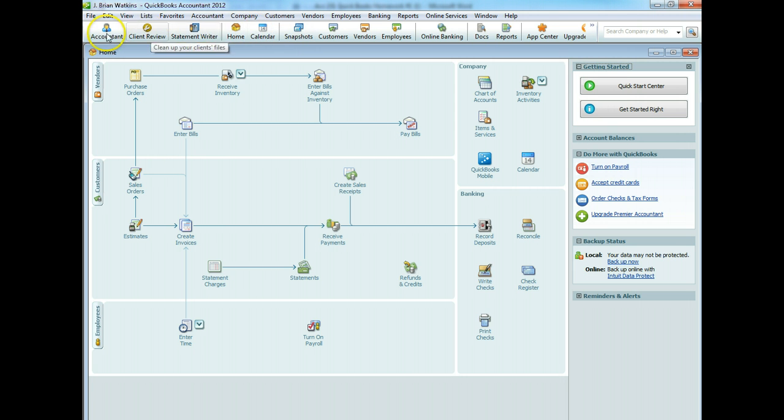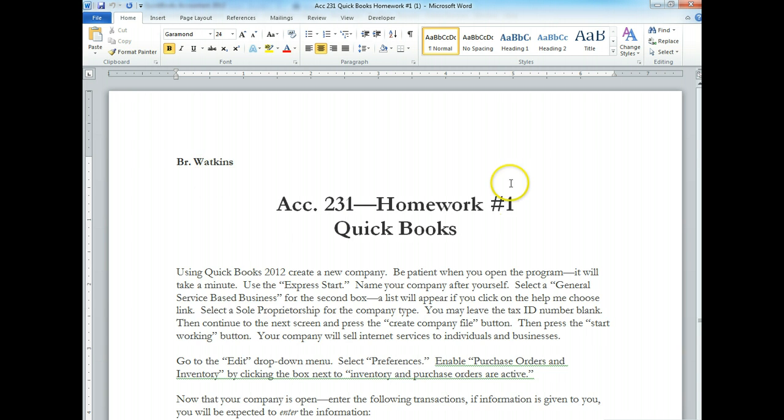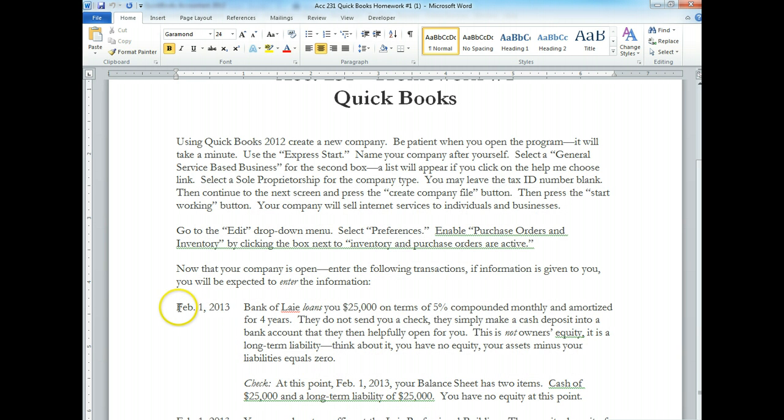These are just buttons. And for everything in QuickBooks, there's probably half a dozen ways to get there, which is why you just need to learn how to navigate through the interface and find which of the various means works best for you. Okay, so now that we've enabled purchase orders, we can start entering transactions. And if we come down here, let's look at the first one, February 1st, 2013. Your first transaction in any new business